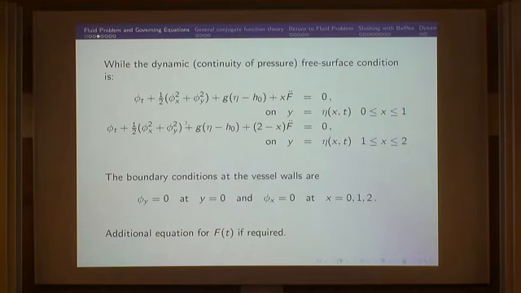Okay, and obviously we've got the usual impenetrable boundary conditions on the wall. So d phi/dy is 0 at the bottom, and d phi/dx is 0 at the walls, which are x equals 0 and 2. And because we've made this even assumption on our domain, we made this even extension, we also get the condition